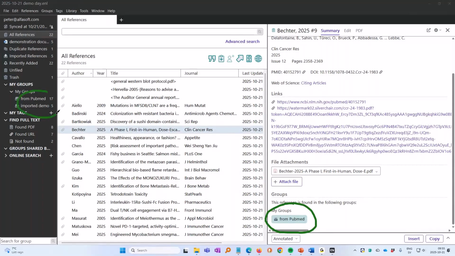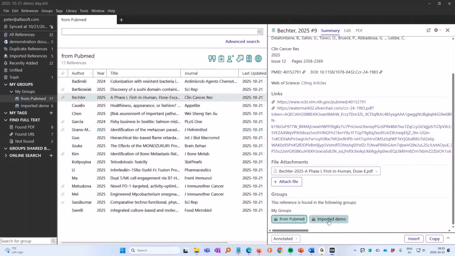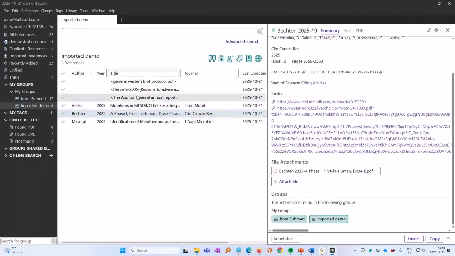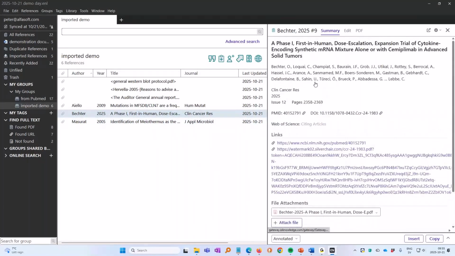But I have two created groups here. So I just want to show you that I can take this specific reference, drag and drop it to another group. And you can now see it shows me that this reference is in two groups. If I click on one of the groups, it will take me to that specific group, so I can work with this group and decide, okay, it shouldn't be here, I can delete it. And if I delete it from these groups, of course, it will still be in my all references. So it makes it easier to work with your